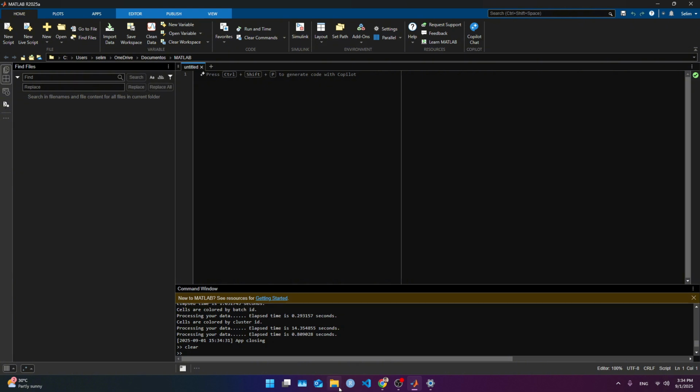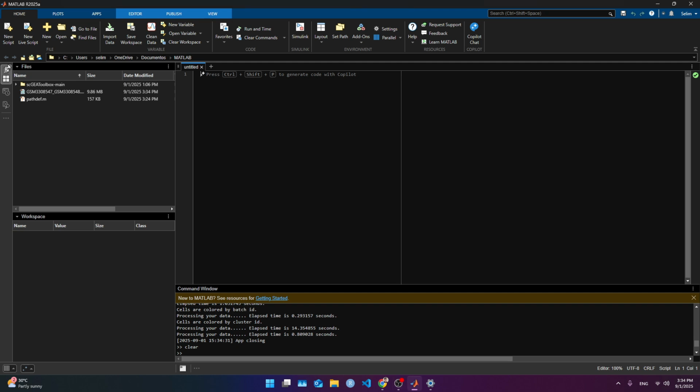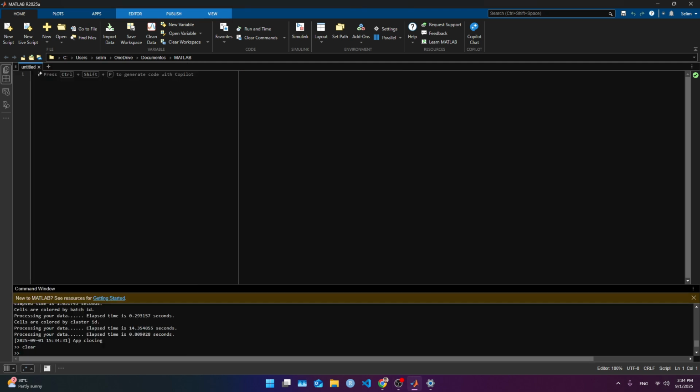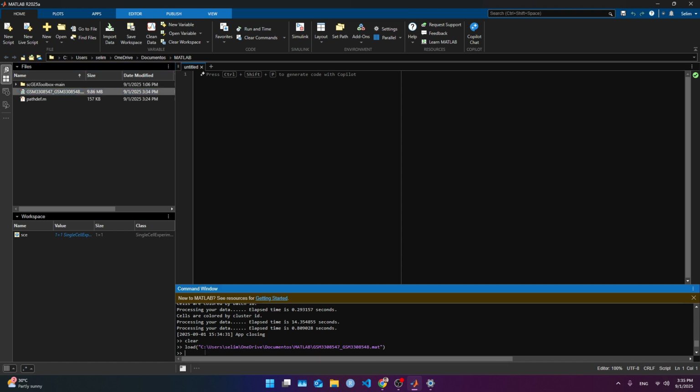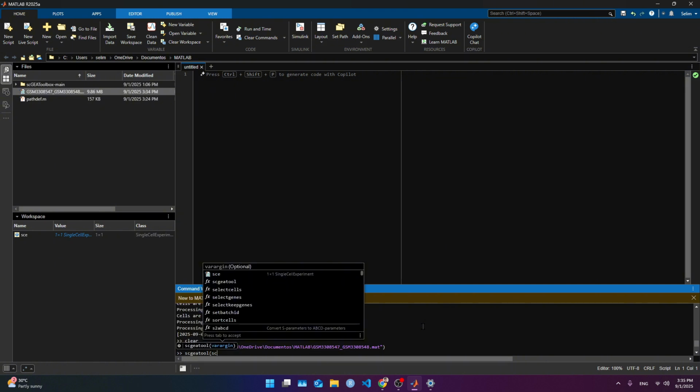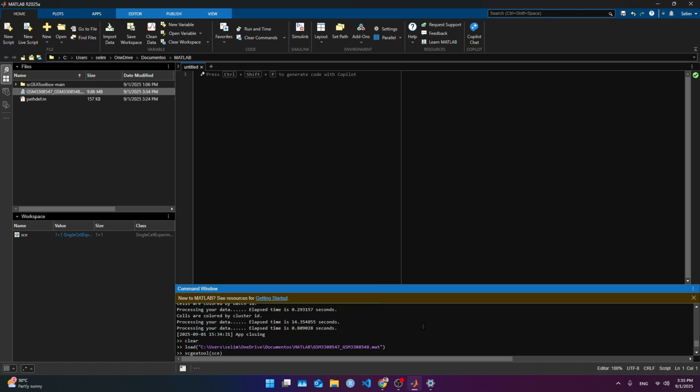But if I look for it and double click, right, sorry for that. So I found that if you click on here, it's gonna appear and it's gonna be in my current working directory. So you double click on it and it's gonna say something about the loading, and I can type in scgeatoolbox parentheses SCE. That's the usual way to open it. The other way is scgeatoolbox. You click on it